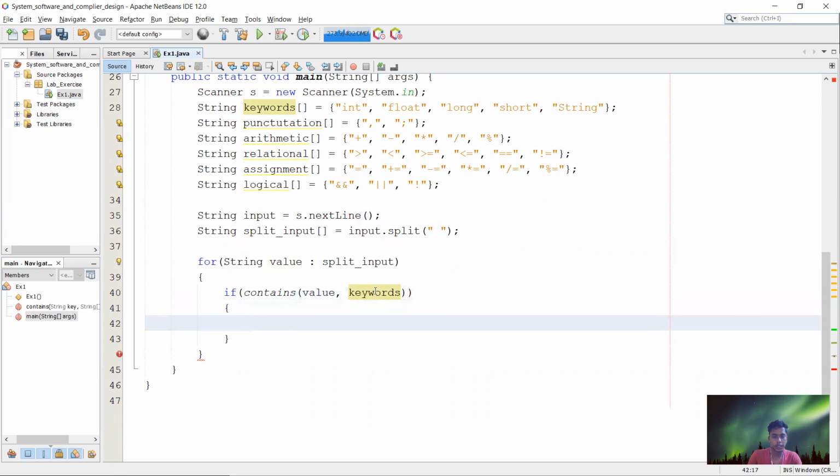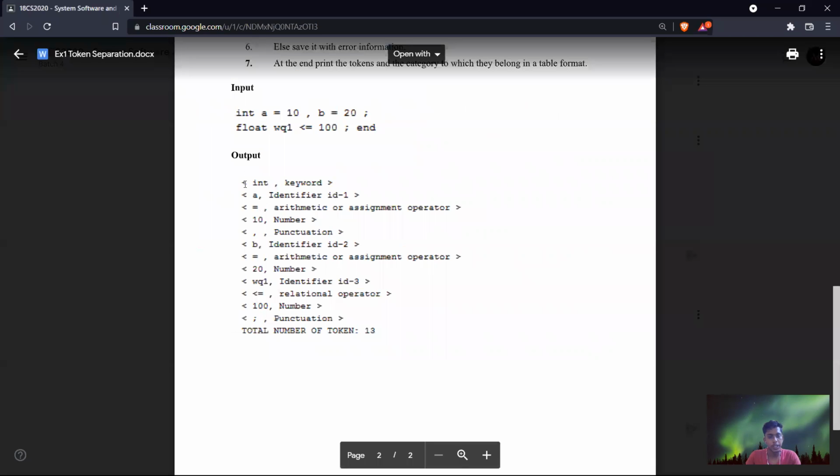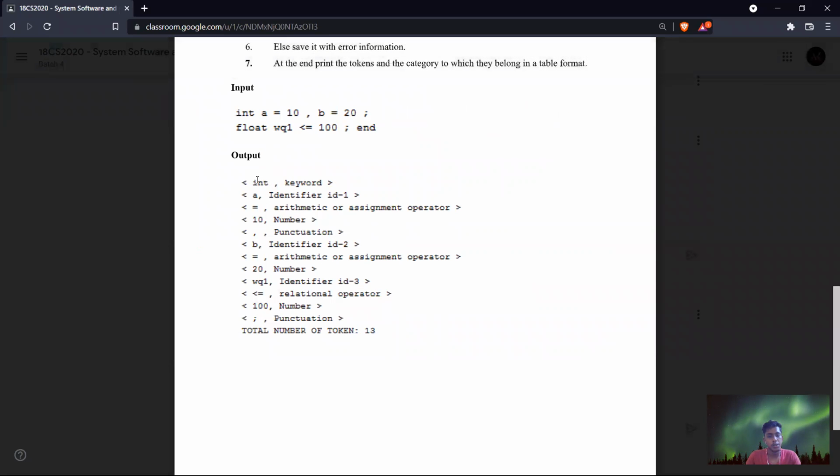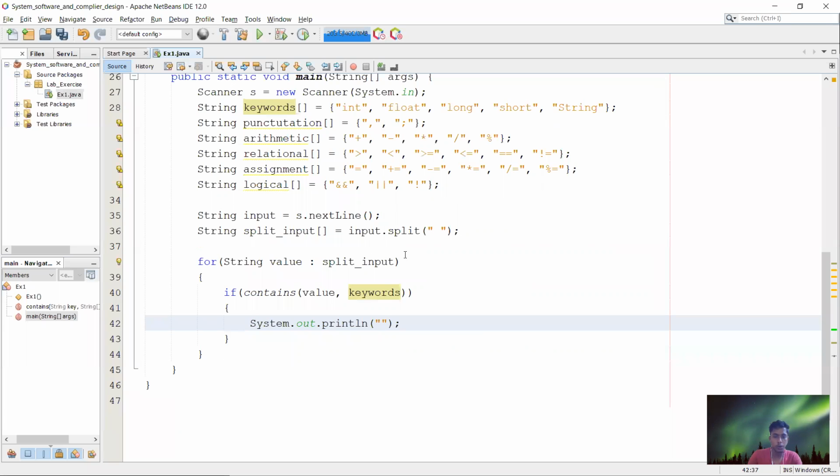So if it is a keyword, we need to print yes. What is the thing we need to print? If it is a keyword, we need to print the value and say keyword.